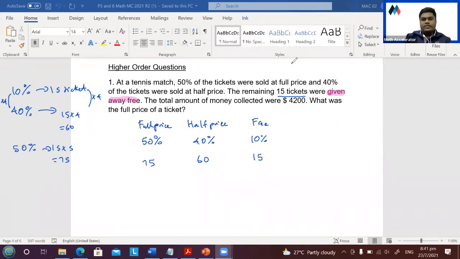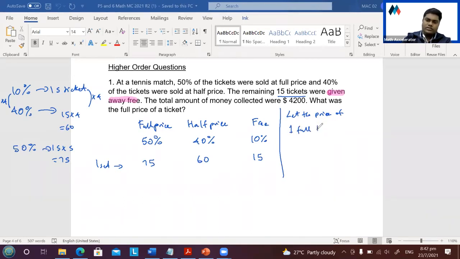Correct. Okay, so now let's read the question. So this is something like the set question, okay? We create for one set. Okay, now let's talk about the value, all right? Okay, so I want you at the side here to write this down. Let the price of one